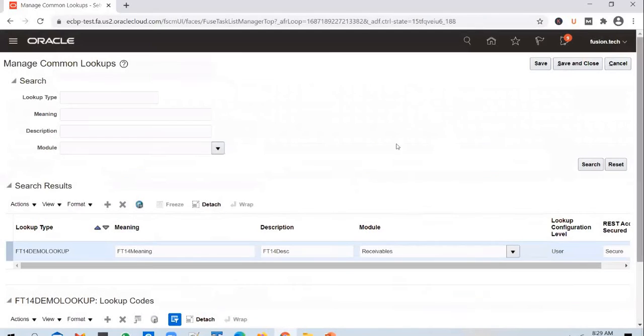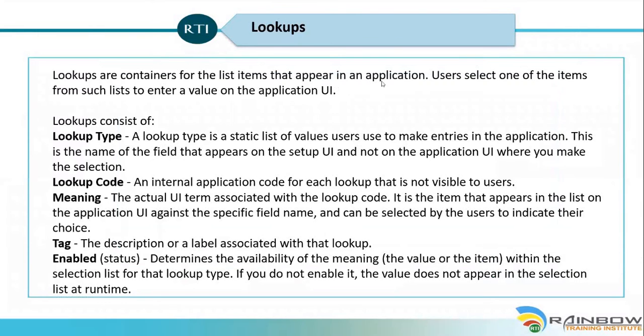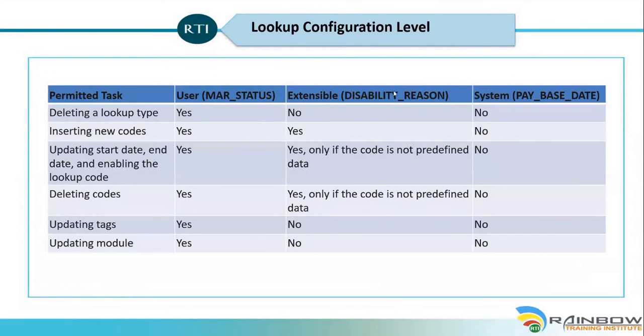And for a lookup, there is something called a configuration level in ERP Cloud. So the lookup configuration level will determine what actions you will be able to perform on the lookup. So if you look at the PPT, there are 3 types of configuration levels possible.